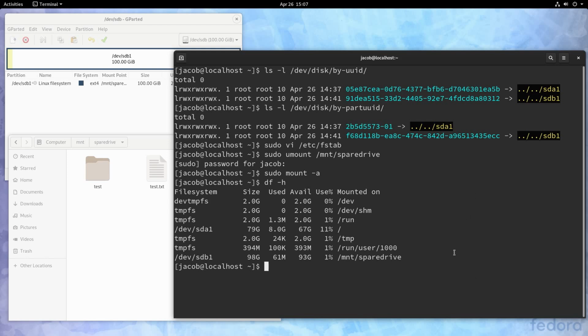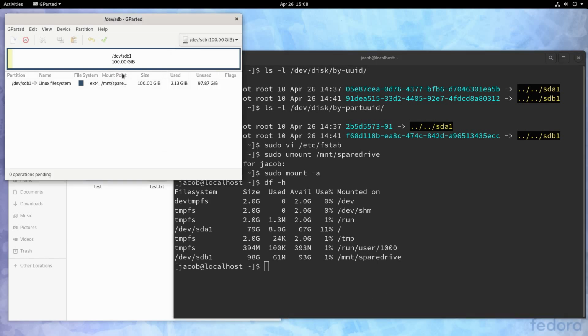Now, when you're shrinking a partition, you need to resize the file system first, then resize the partition to cut the free space off of the end. When you're growing a partition, it's the opposite. You need to grow the partition first, then you expand the file system to fill the entire partition. So since we're shrinking a partition, like I said, the file system needs to be shrunk first. If we were to resize the partition first, we would be cutting off the end of our file system and we might lose data, because the file system is allowed to store data wherever it wants in a partition, within the file system up to the extent of its size.